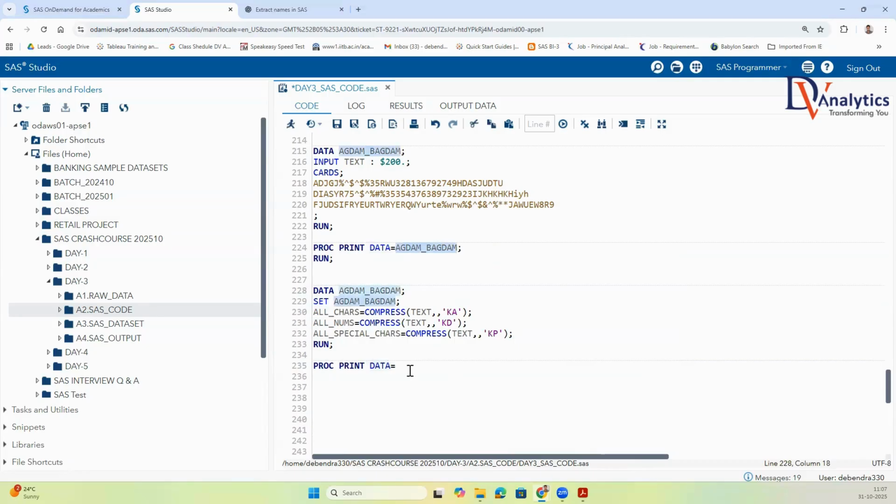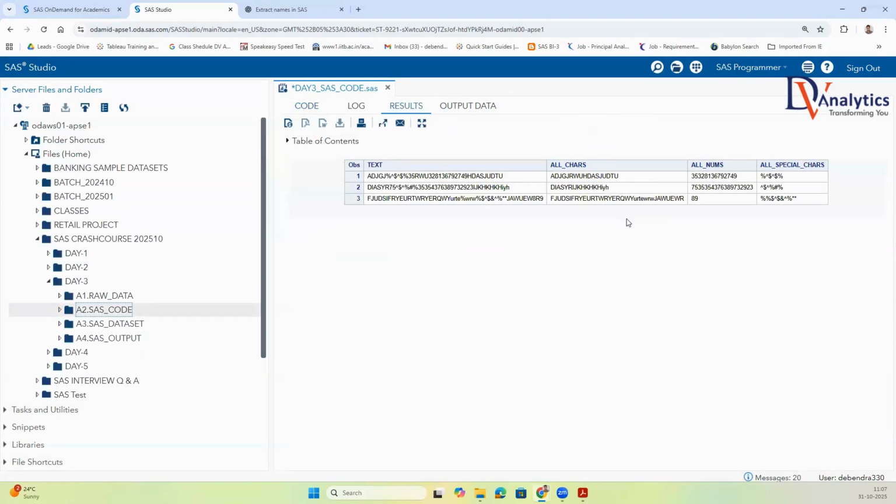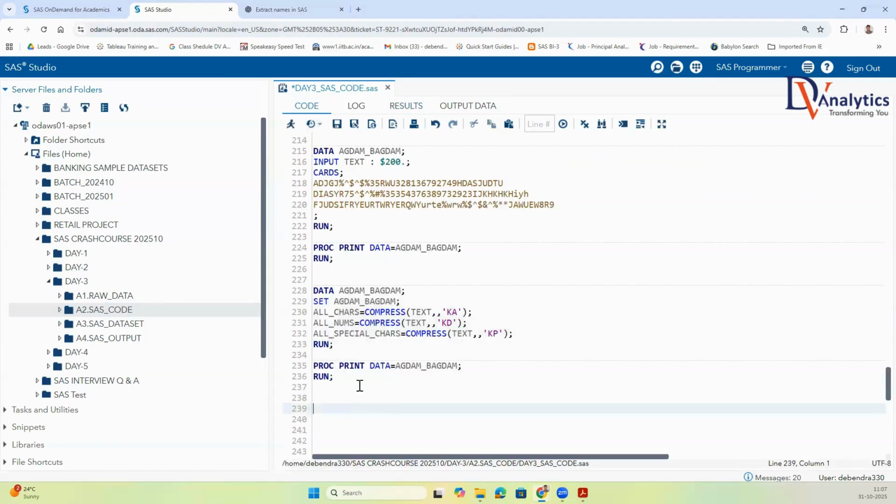Proc print data equals the output dataset. The moment you run this program, you see all the characters have been separated, all the numbers have been separated, and all the special characters have been separated too. So that is why we go for using compress. Another example